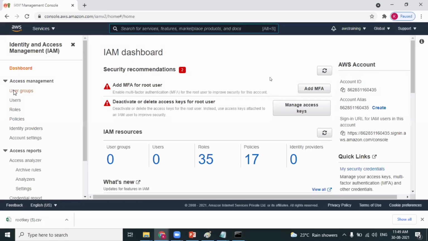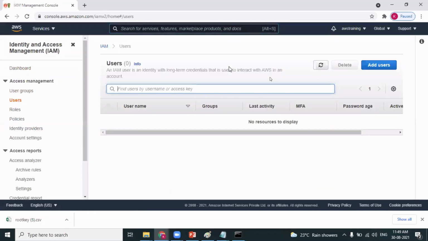As you can see, there are 0 users in our AWS account. There are 0 IAM users. So can we create a new user? Obviously, from the console access, you can do it. But our point is to make ourselves comfortable with the command line interface. Can we create a new IAM user from the command line? Yes, definitely you can do that.